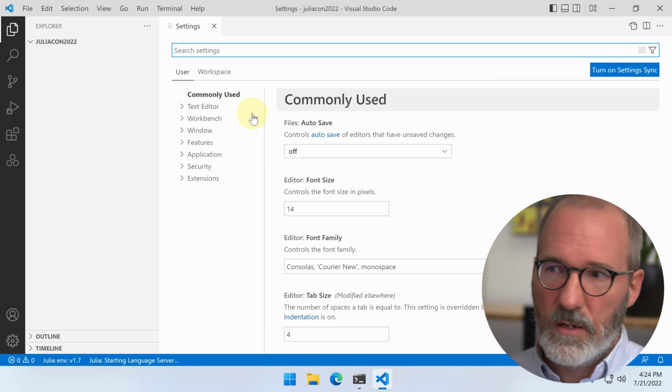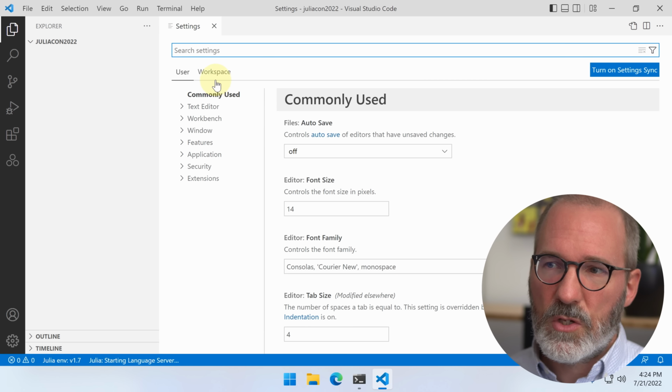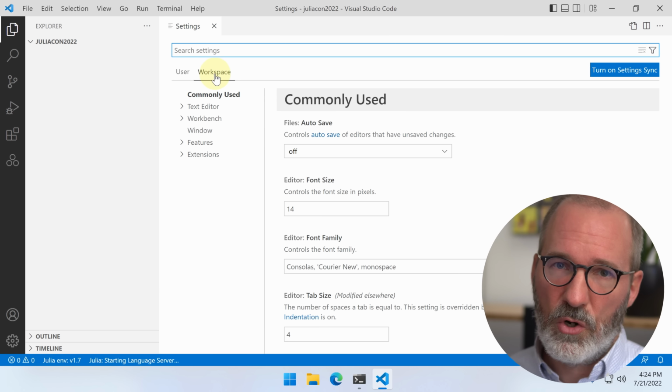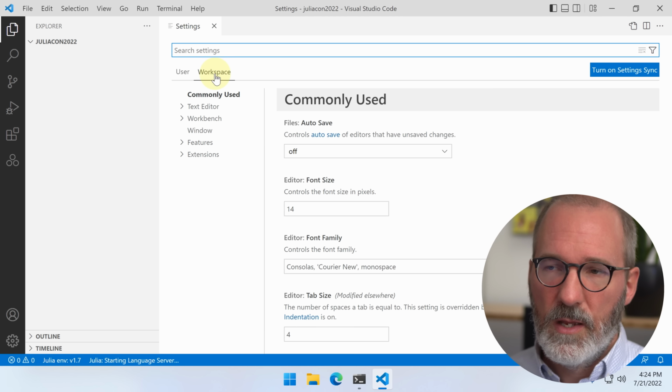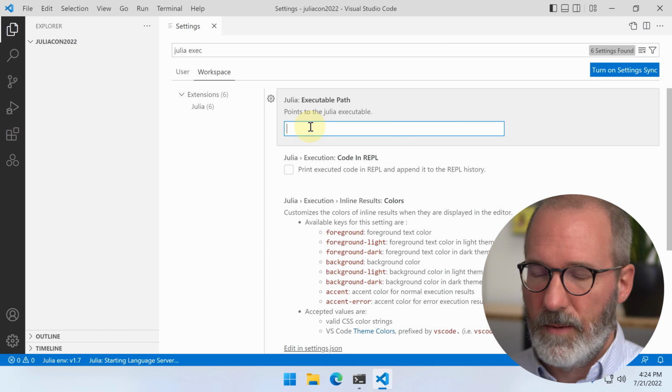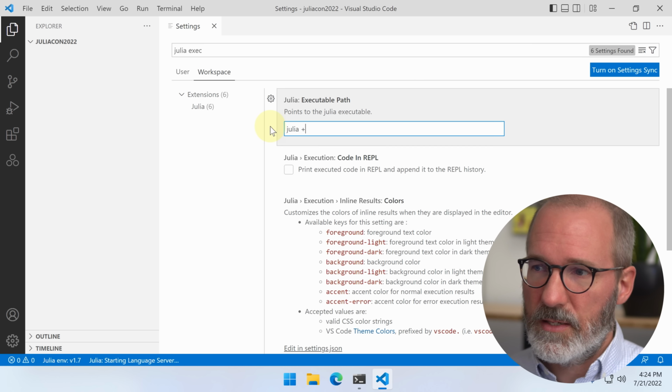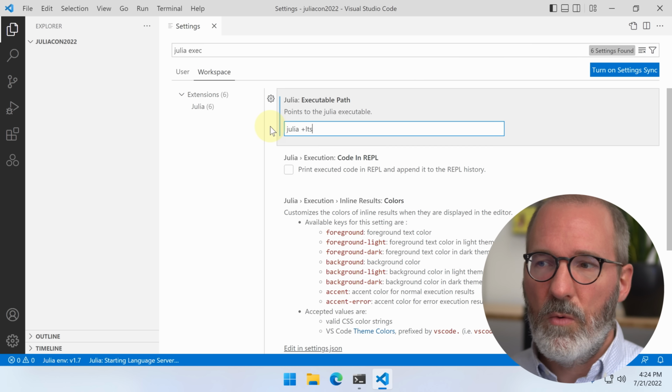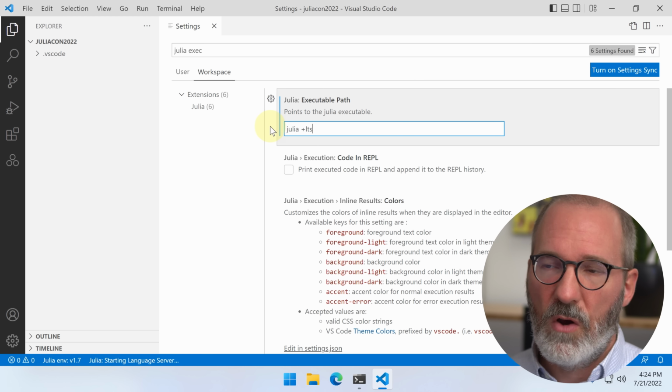So how do we do this? First of all, we open the settings in Julia VS Code. Then we switch over to the workspace settings, because those are the settings that are specific to the currently open workspace, not the global user settings. And then I'm going to search for the Julia executable path setting. And what I can put in here is the standard Juliaup version selection command. So I can say Julia plus LTS, for example, if I want to use the long-term support version of Julia